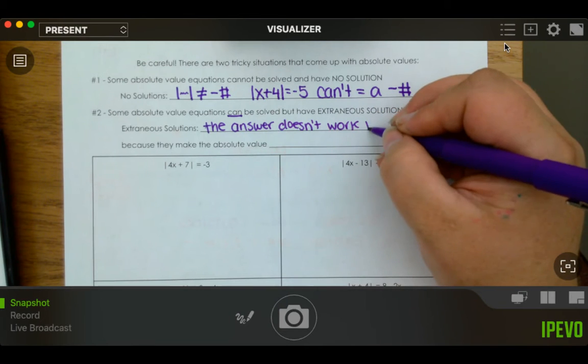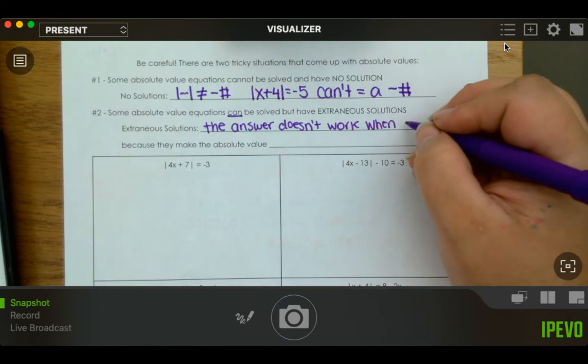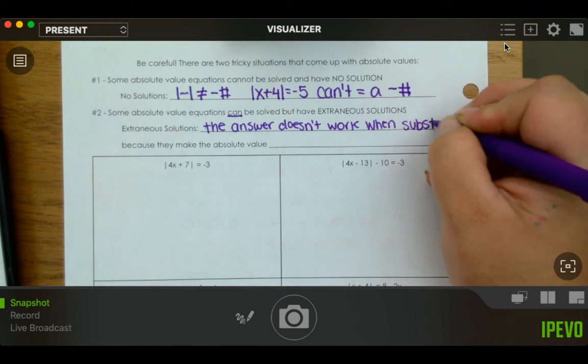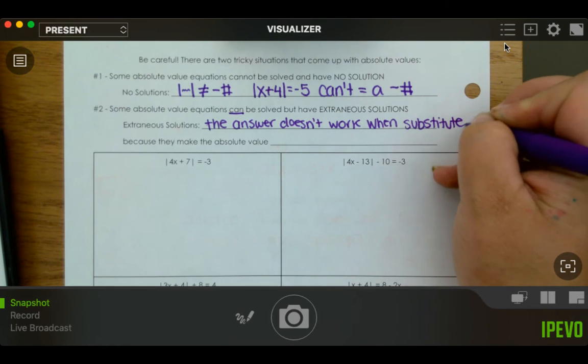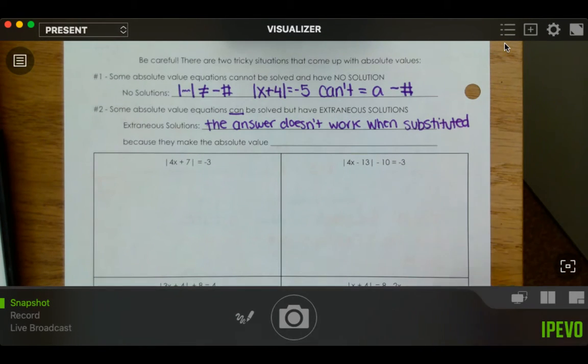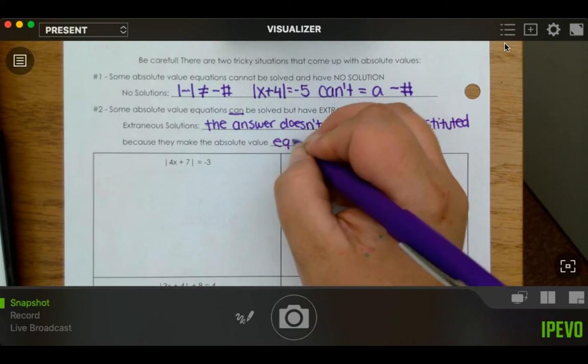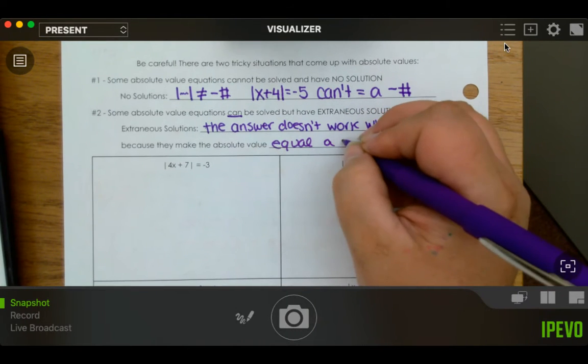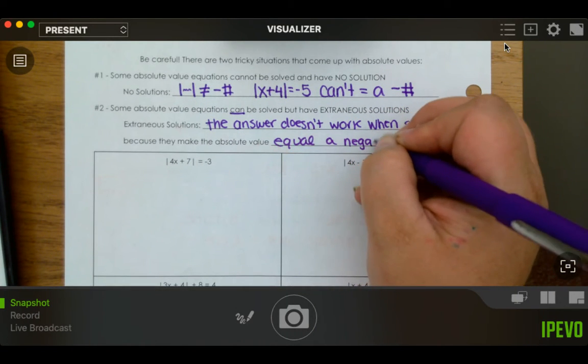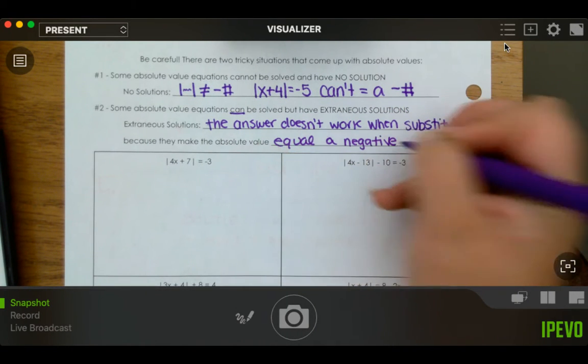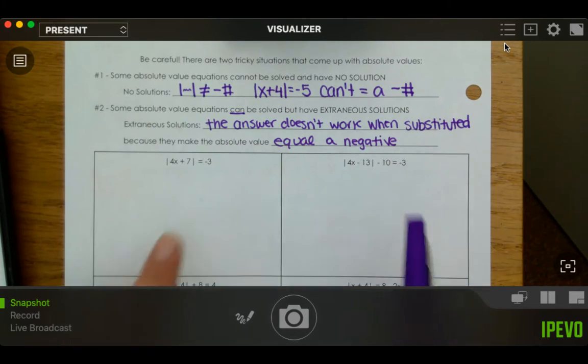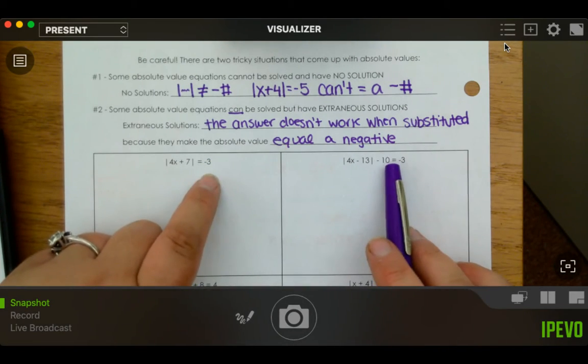when plugged in, or I'm just going to say when substituted, because they make the absolute value equal a negative. Now you might be like, isn't that the same thing you just said? Kind of. The issue is, like on these two we can already tell whether or not they equal a negative,